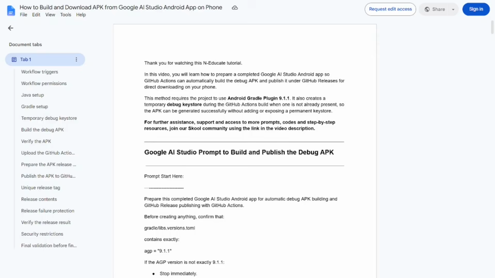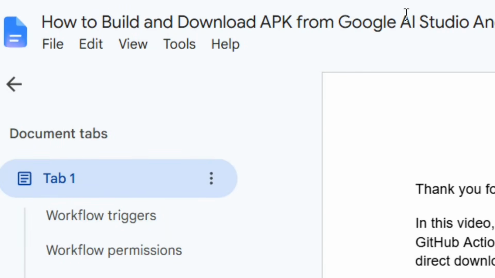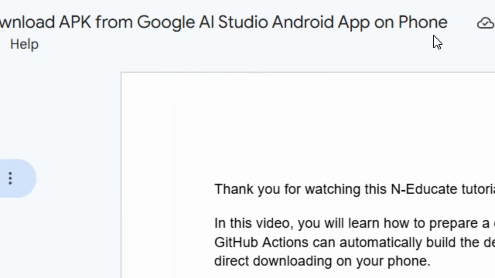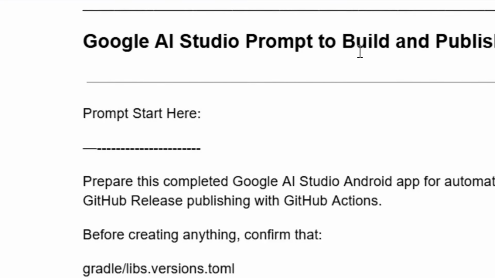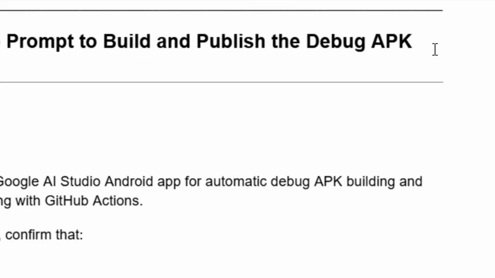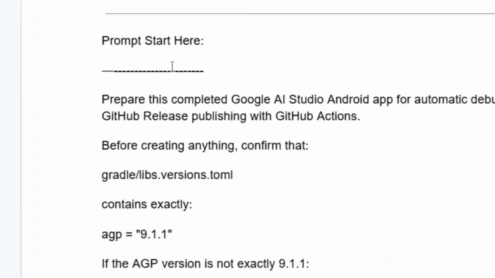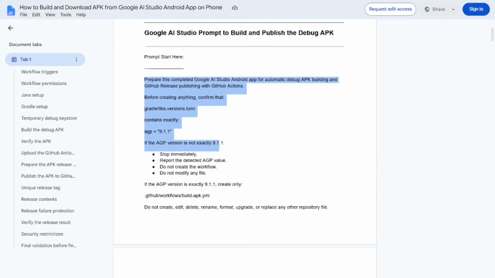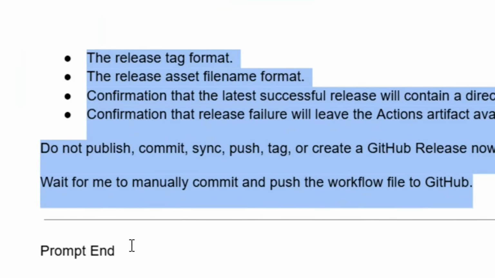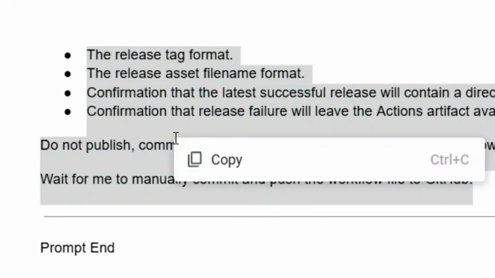And I have a link in the video description. Just click on it. It's going to bring you right here to this prompt. All that you have to do is simply scroll down and come here to where it says Google Studio prompt to build and publish the debug APK. Come here to where it says prompt start from here. Highlight it from the top to the bottom, just like this. After that, put the mouse on it, right click on it, and click on copy